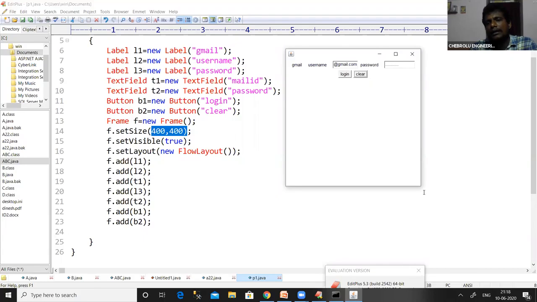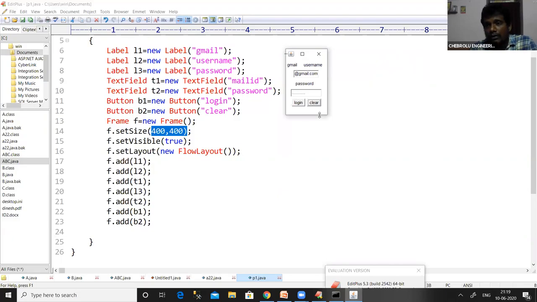So let us have a look. If I want to change the size of the particular output screen, I change the size, and if you observe, these things are adjusted automatically.